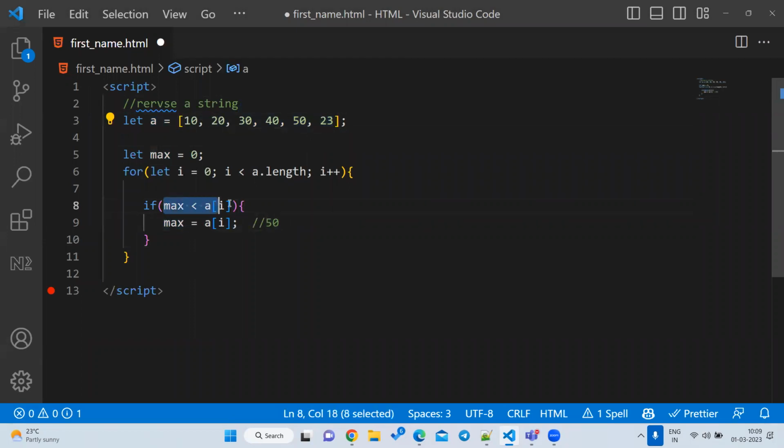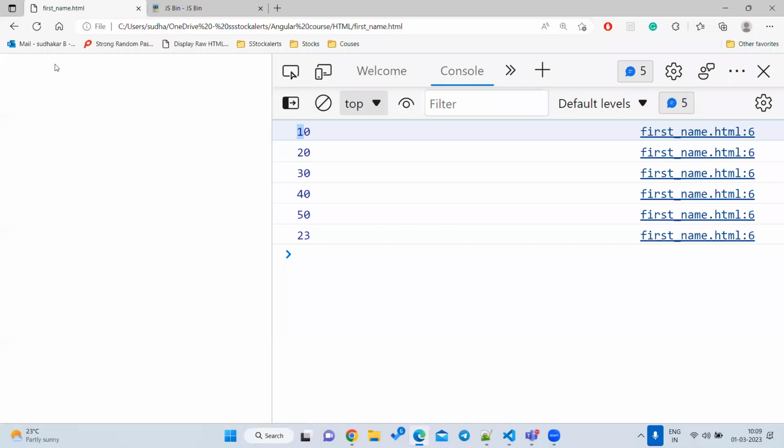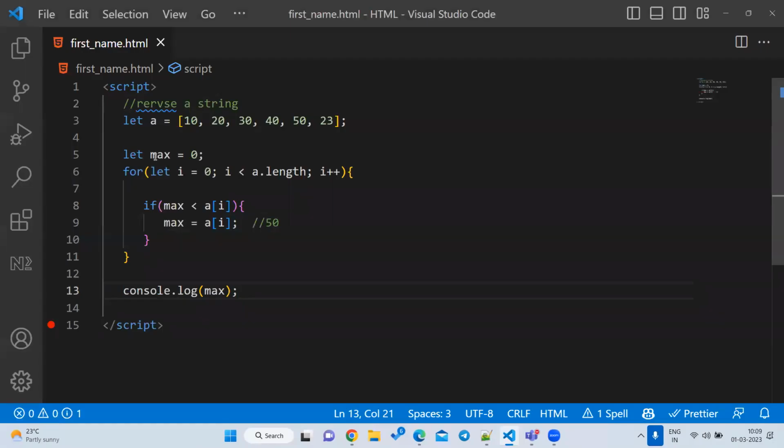23. If 50 is less than 23, true or false? False. Whenever this is false, it will not go inside. Whenever it is not going inside, the program will stop there, because all rounds are done, right? At the current time, what is the maximum value I am having in hand? 50. Okay, simple program. First you have to take one variable,